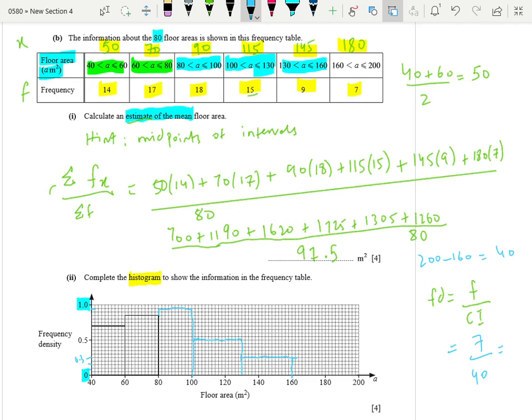It is going to give you 0.175, the trickiest of all by far. So 0.175 definitely is going to lie in between 0.1 and 0.2. So this is 0.1, this is 0.2. In between them is 0.15, and right above 0.15, I think three small boxes. So 1, 2, 3,